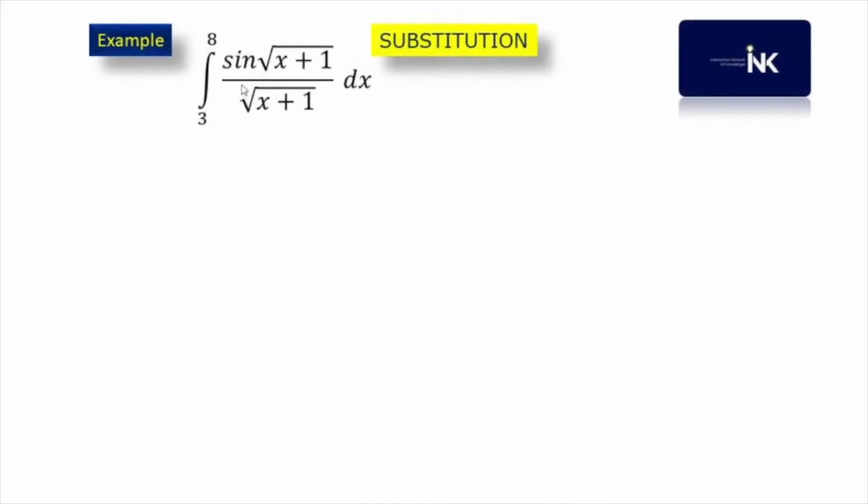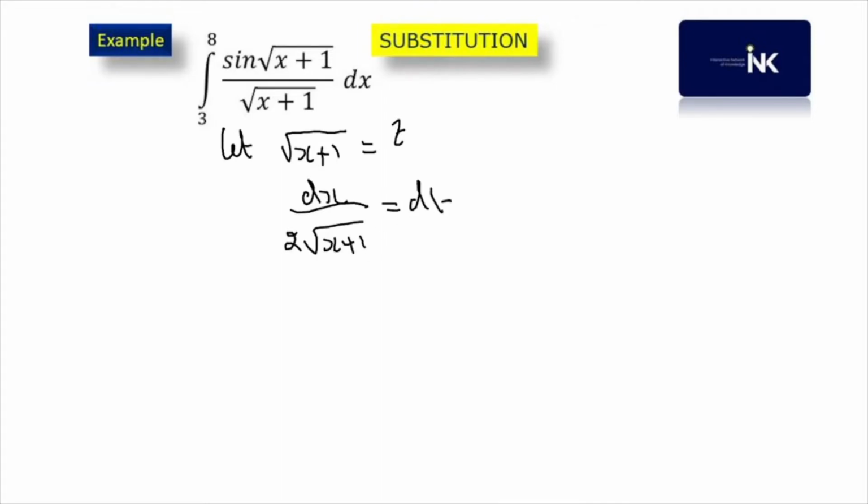Suppose the given question is sine root of x plus 1 by root of x plus 1. Then we assume that root of x plus 1 is equal to t,